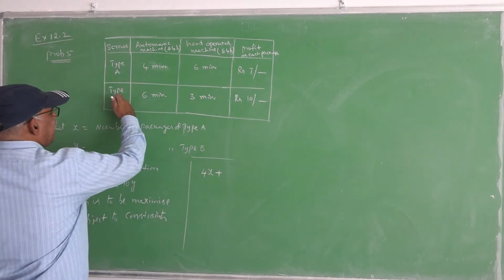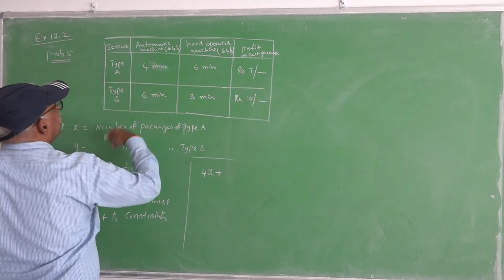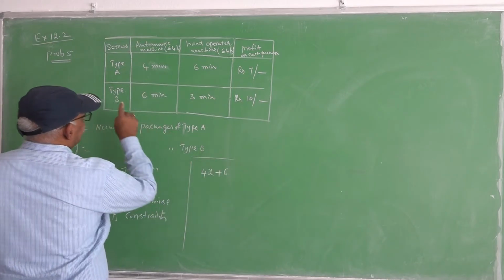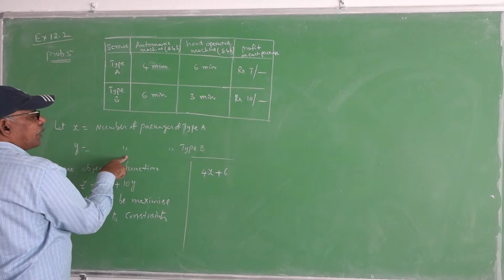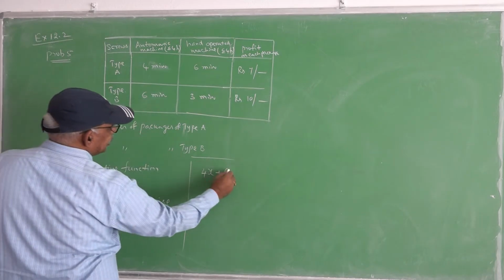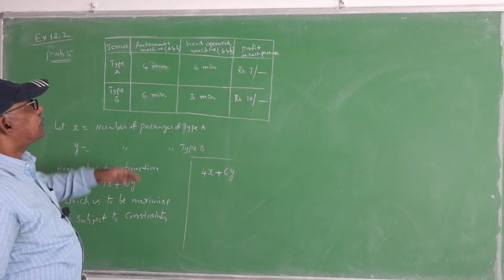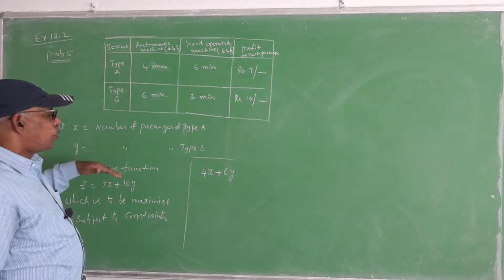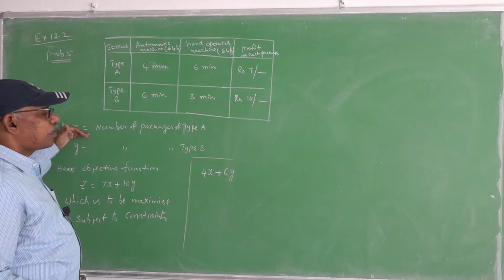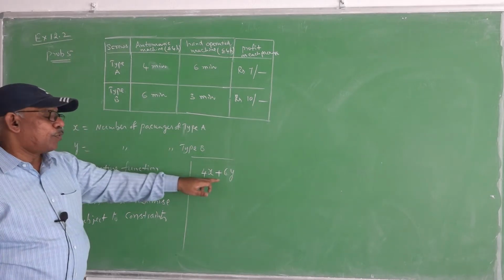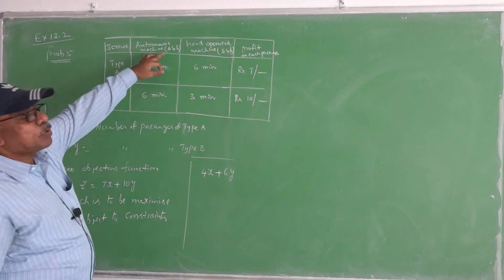Similarly, for type B, for each package, the automatic machine takes 6 minutes to manufacture. So for y packages, it takes 6y minutes. So the total time taken by the automatic machine to manufacture x packages of type A and y packages of type B is 4x plus 6y, which is always less than or